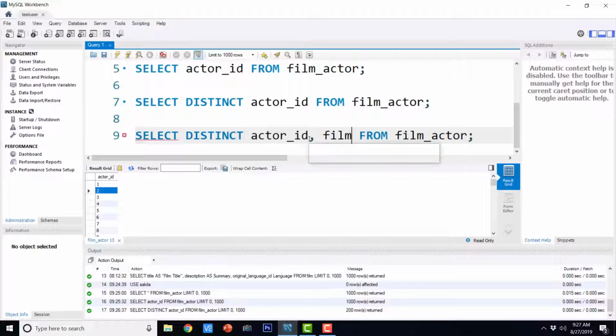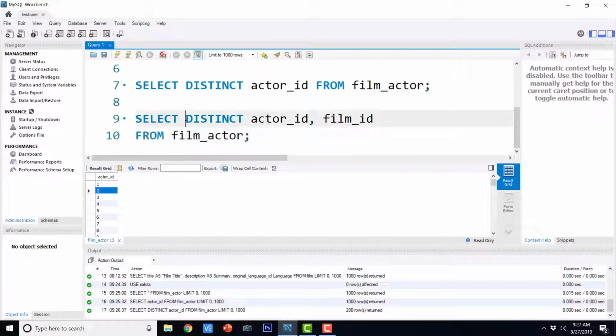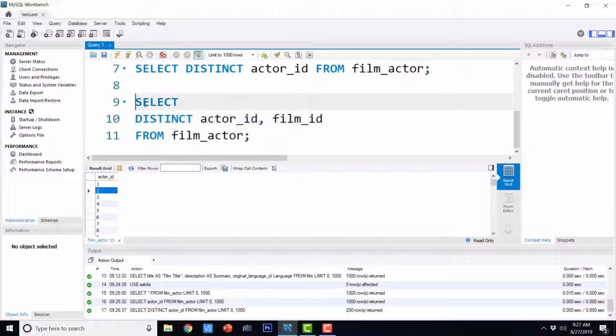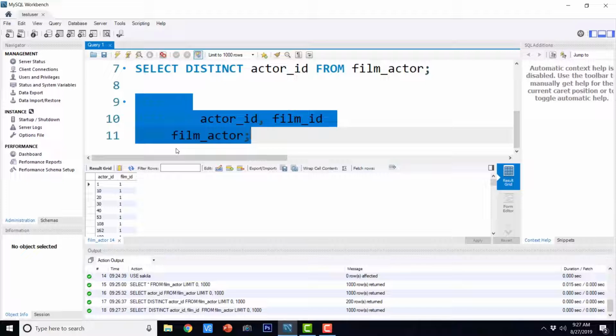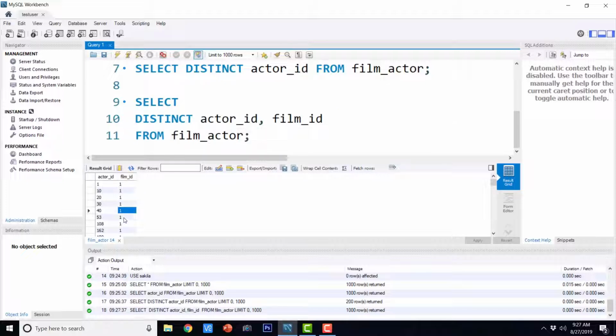Film ID, and if I just go ahead and execute this, so this is the actor ID and this is the film ID. So basically here we can see the repetitions, but the noticeable thing is that the combination of the actor ID and film ID will always be unique, or it will always be distinct.